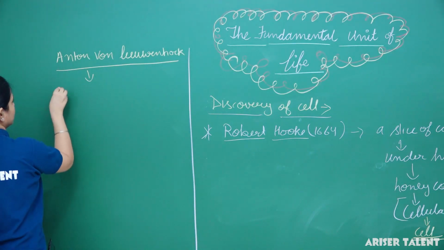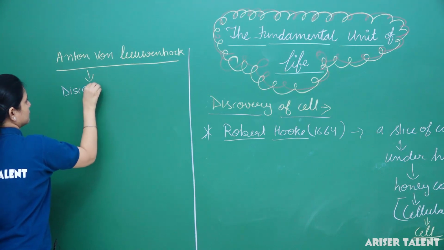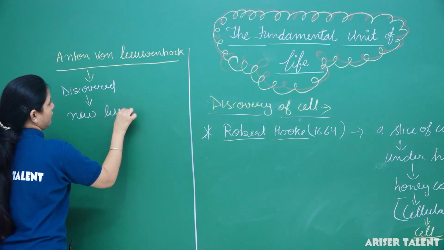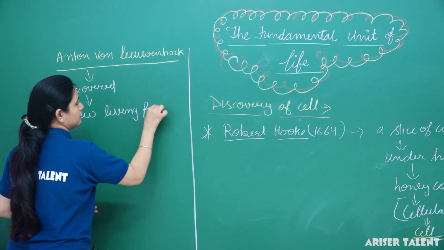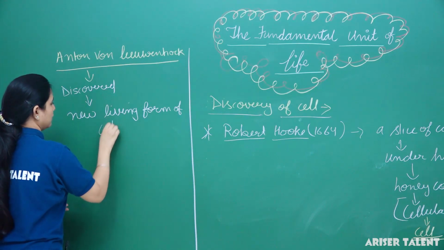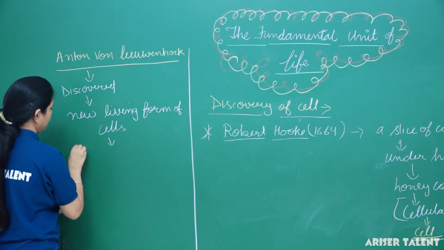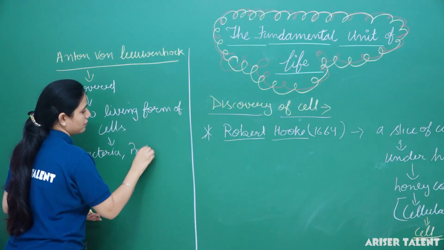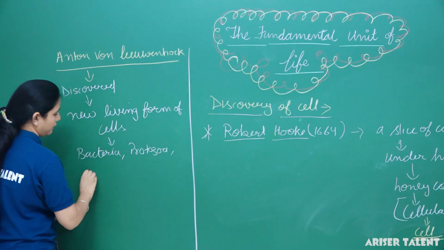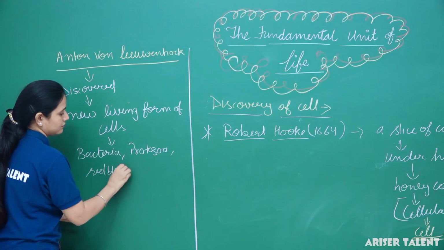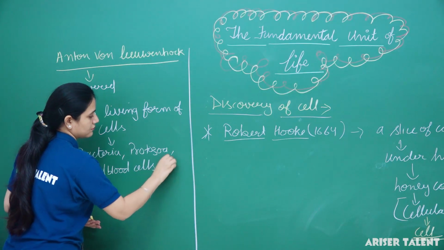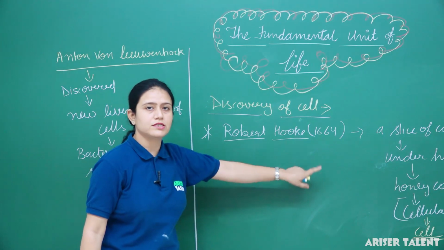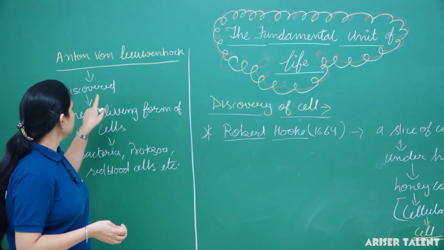He discovered new living forms of cells that were bacteria, protozoa, red blood cells, etc. So first of all, cell was discovered by Robert Hooke in 1664, and later on the new living